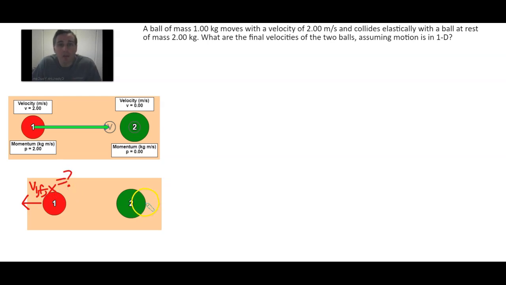And likewise, we want to know ball 2's final velocity. So that's V2 final in the x direction. Now we believe ball 2 will probably be moving to the right because it's collided with and there's a rightward force on it. So in fact, when we talk about that rightward force, we assume that the only two forces